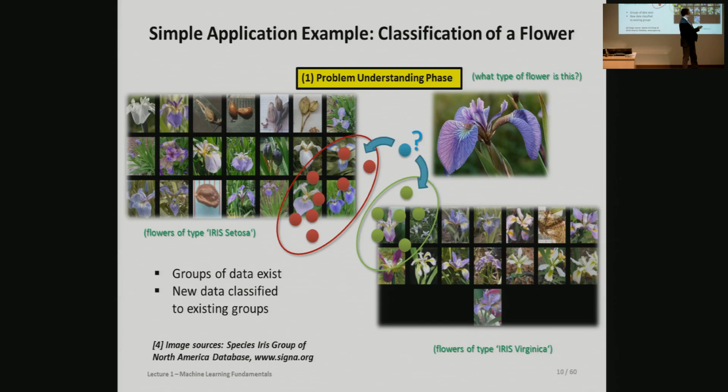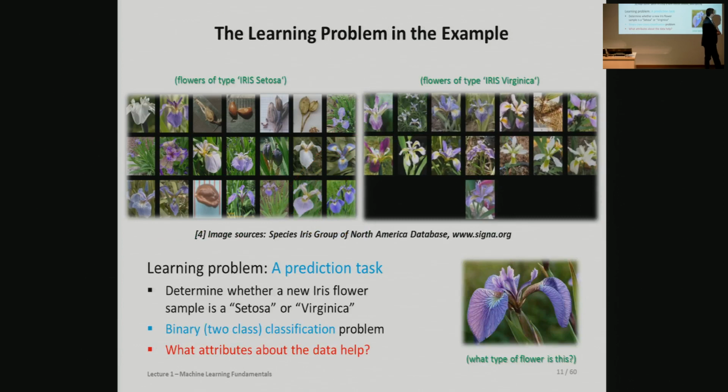So we're in the first phase here of really understanding the problem, right? So the problem understanding. What we want to do, classify flowers. Okay, did we know how? Not yet. So let's find out how we can do it. So first of all, the learning problem that we really have here is these two classes, so it's a binary classification problem. It's a really, really simple problem. At the end of the day, we will motivate that we need much, much more multi-class. But here in the simple example, we have two classes, and we have a new fellow, which was a blue dot, right? We want to classify it now. It is a prediction task. We want to predict if that flower is this or that class, right?